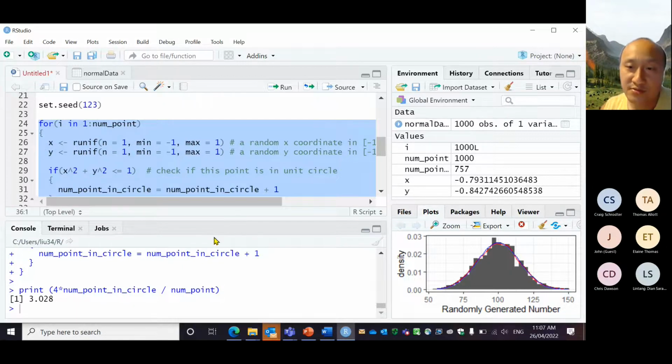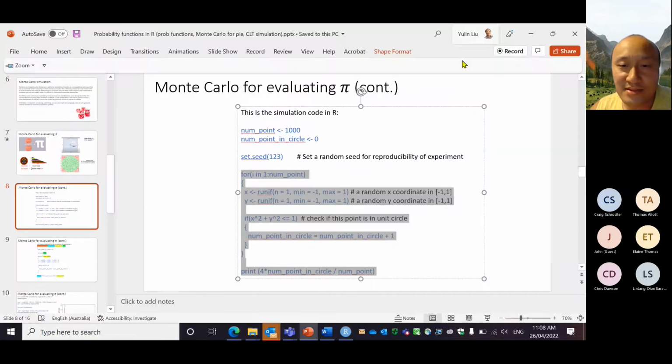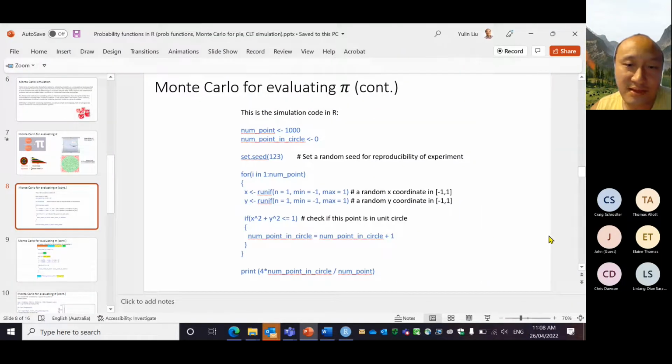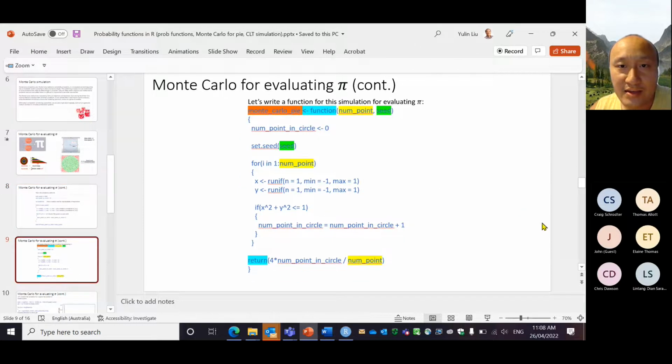We know the true pi value is 3.1415926, blah blah blah. So it's not too bad. It's just a little bit off the target, but not too bad. If you're using a different random seed, you get a different result. And if I